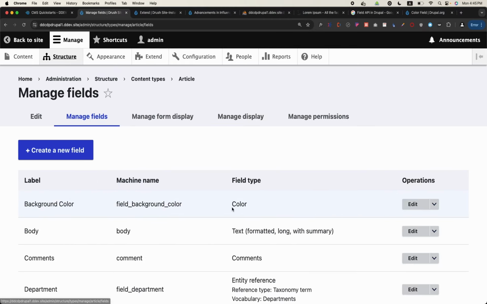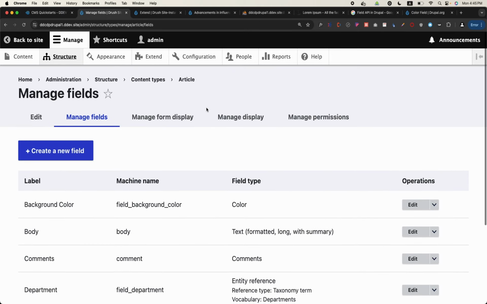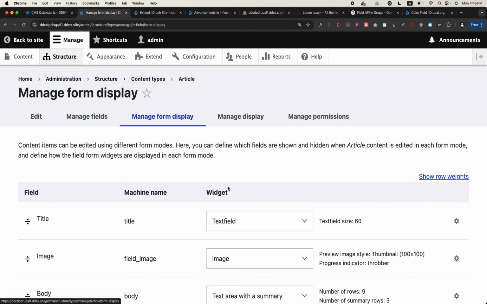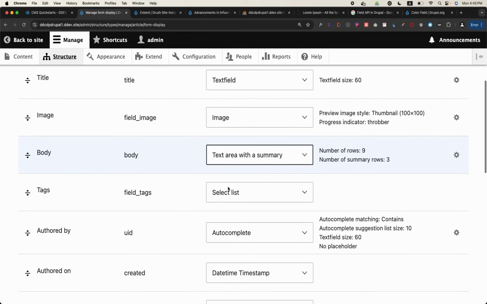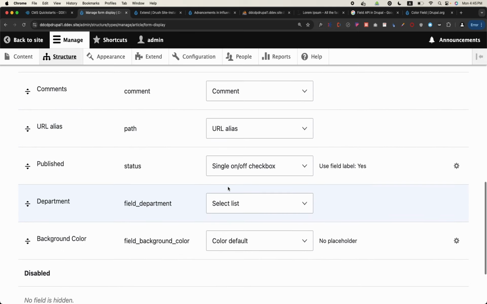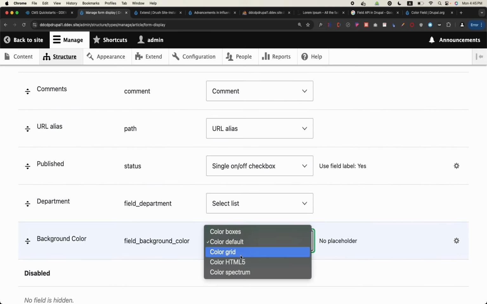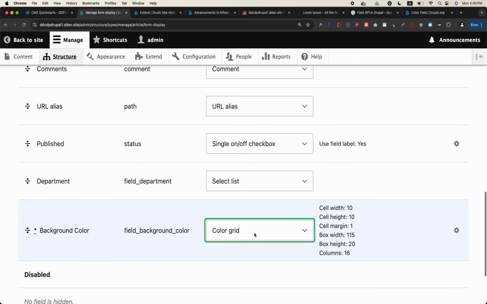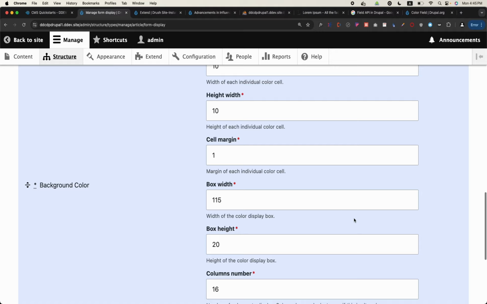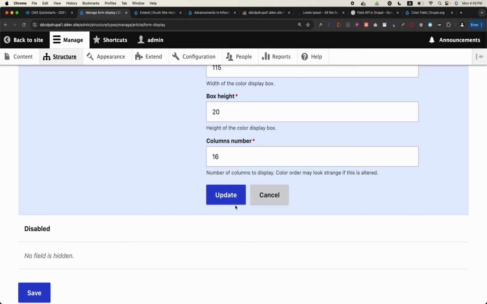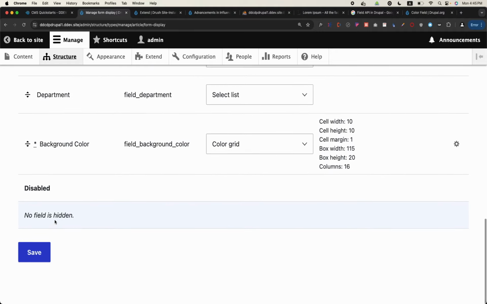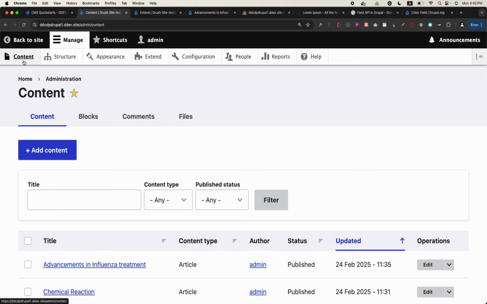manage fields, background, manage form display, you will get used to it once you are into a week of Drupal, hopefully. So the color default, now I want it to be color grid, for example, and each setting can have sub settings here in fields. I will leave them as default and save. So if now I come to add article